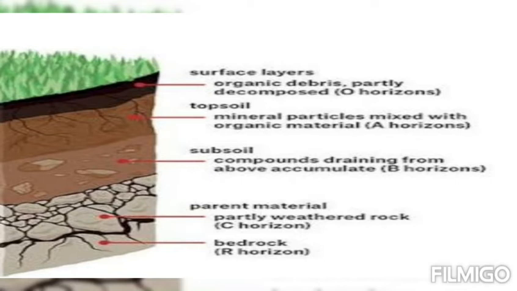Then subsoil, that is horizon B. It consists of sand, silt, clay, and some nutrients such as soluble minerals and iron oxides. Rainwater collects in this layer only. You can see in the diagram that subsoil is lighter in color because it has less humus, and it has bigger rock particles. Then horizon C, rock fragments. It consists of bigger rock particles.